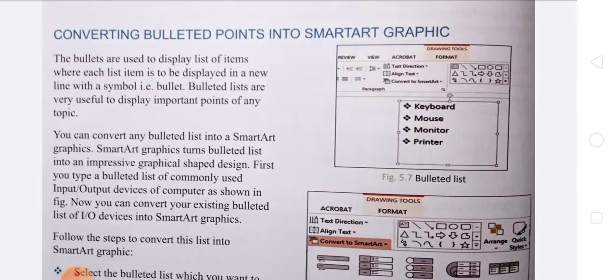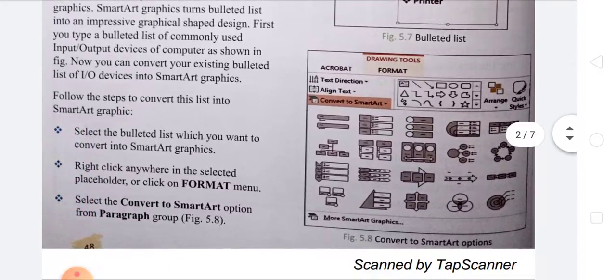First, you type a bulleted list of commonly used input or output devices of the computer as shown in the figure. Now you can convert your existing bulleted list of I/O, that is input or output devices, into SmartArt graphics. Follow these steps.